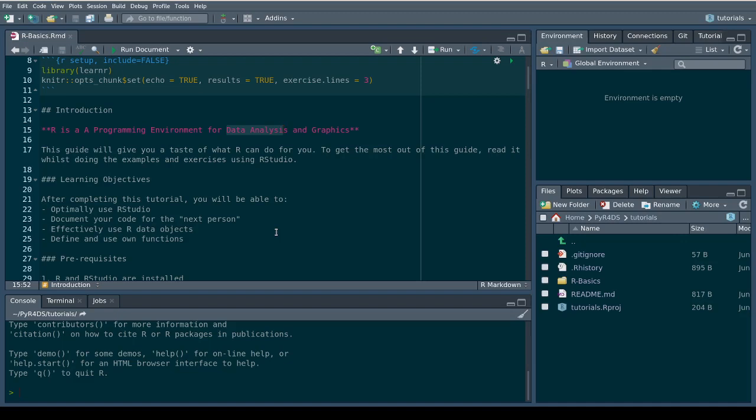And in addition, at the end of the session, we expect that you will be able to effectively use R data objects. So this session will help us familiarize ourselves with R data objects.